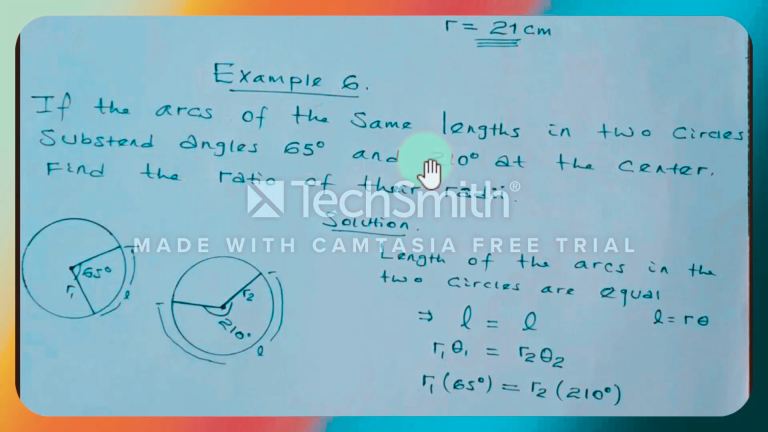angles 65 degree and 210 degree at the center, find the ratio of what? their radii. the ratio of their radii. ስለዚህ እዚህ ጋር የተጠየቅነው ምንድነው? ሁለት ሰርክሎች አሉ። የአንደኛው ሴንትራል አንግል 65 ዲግሪ፣ የአንደኛው 210 ዲግሪ። ነገር ግን አርክ ላይ ይሄ ሴንትራል አንግሉን ሰብስቴንድ የሚያደርገው በሁለቱም ሰርክሎች ላይ የአርክ ሌንግዙ ርዝማኔ በሁለቱም ሰርክሎች ላይ እኩል ቢሆን የሬዲየሳቸው ሬሽዮ ምን ያህል ይሆናል? ስለዚህ ሶሉሽን length of the arcs in the two circles are equal። የተሰጠን ነገር እኩል ነው የአርክ